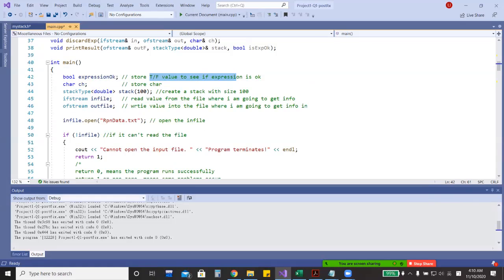If it's not okay, I will jump out with the error message. Then we will have this character, because all of the data in the files I have to read as a character one by one. So I need to declare a char that stores the character,